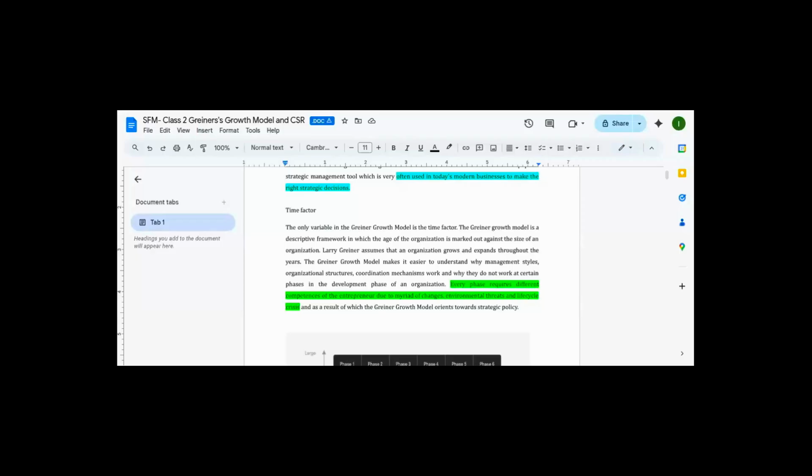So the Greiner growth model is very, very essential in that the phases require different competency of the entrepreneur due to myriad of changes, environmental threats, and life cycle crisis. What is the meaning of this? The meaning is that as the company transits from one stage to another, from phase 1, that is the phase of creativity, to phase 2, which is the phase of direction,